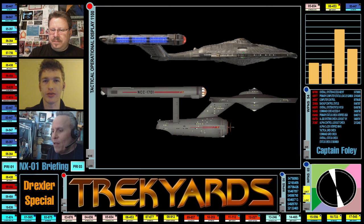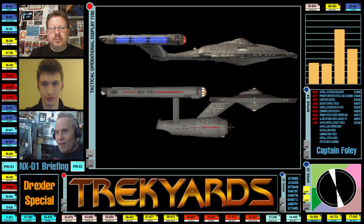The thing there, and I thought a beautiful job was also done on the interiors and on the bridge. There's a lot of things about the original series that are primitive compared to today. So how do you do designs that can upgrade it, but not so much that it changes what was on Kirk's ship? Some other producers wouldn't even care about this. They would just do whatever the hell they wanted. But the design work that was done